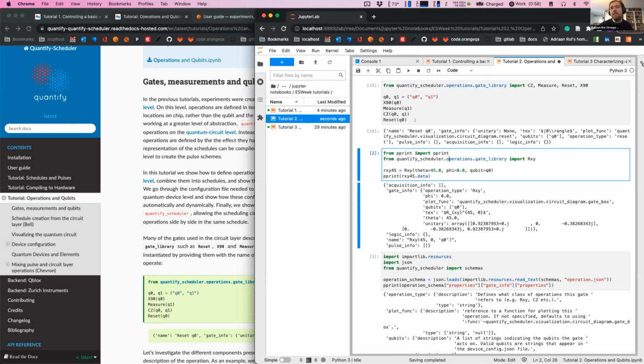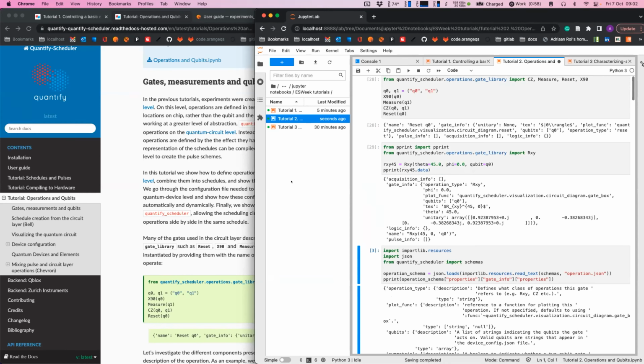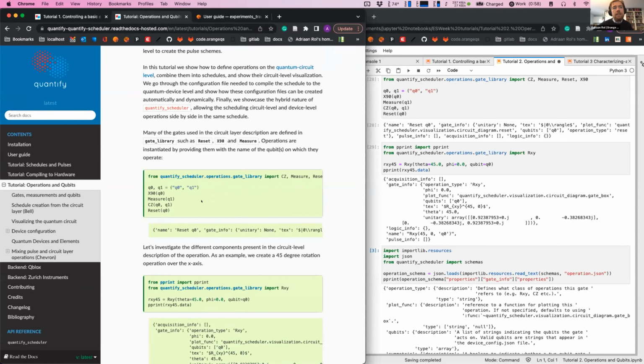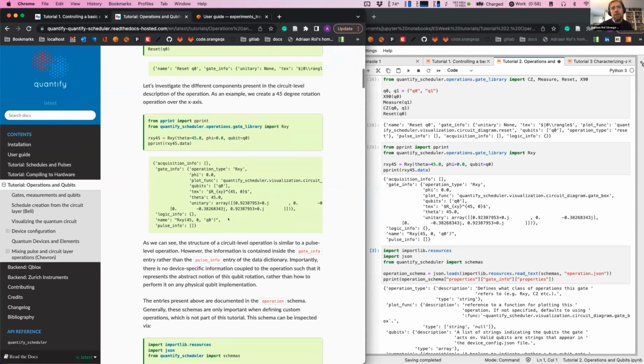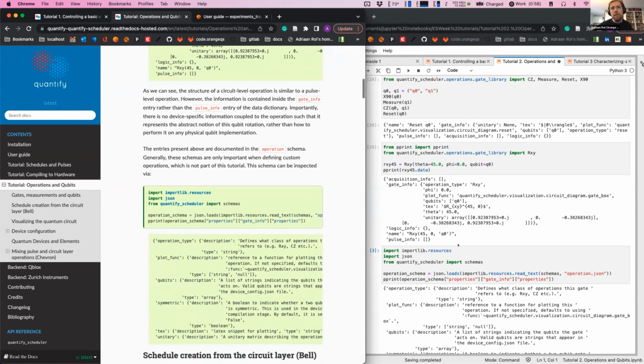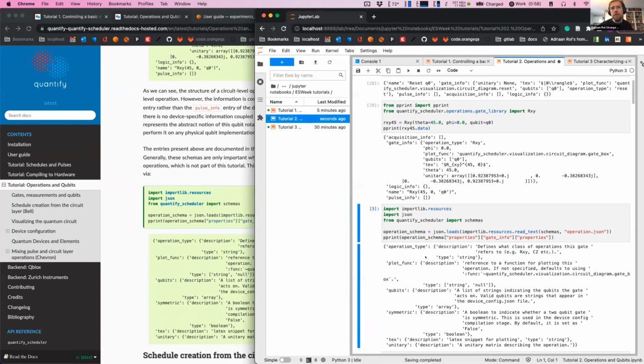And we can say, okay, that's cool. These are just the operations. There's the Rxy operation. This is a very important one because this is actually the native operation supporting these systems. And we can specify the rotation angle, the axis, and the phase. So this is another one. Again, we're explaining what is done, so here you can read along with what we're doing.